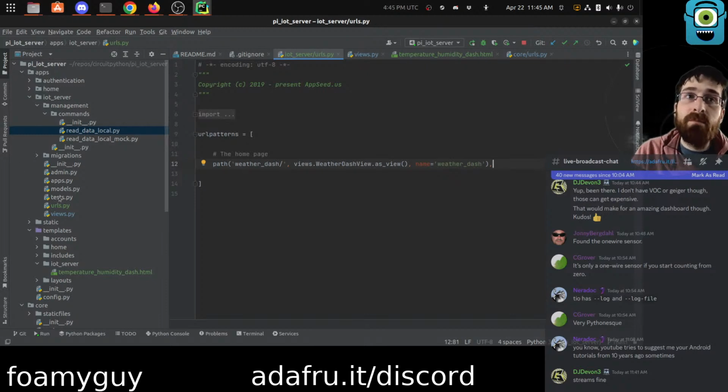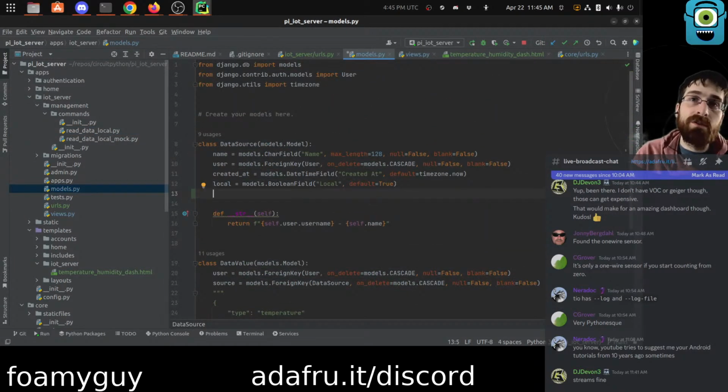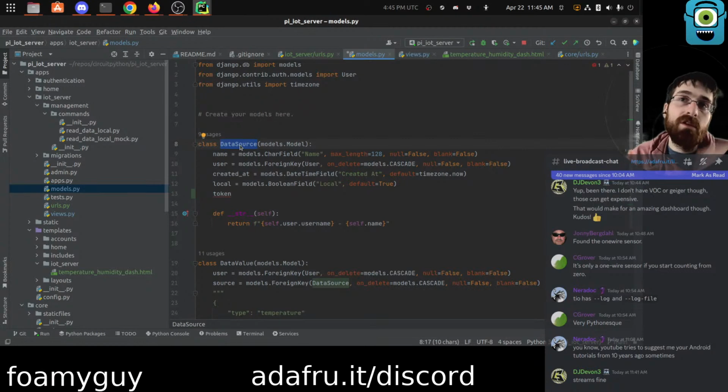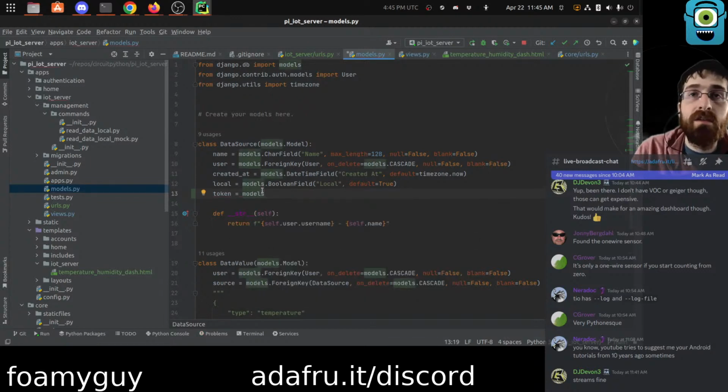As part of that endpoint, I think I want to actually add onto the data source a token because I want each data source to have its own endpoint so that you can post data from multiple sources. And the way that it will keep track of which one is which is you will send the token as part of your post. That token is going to be a